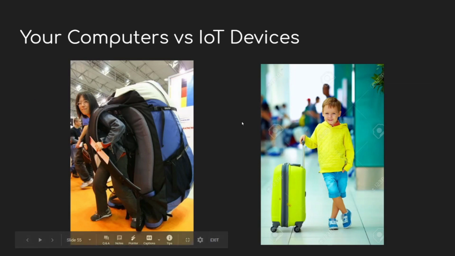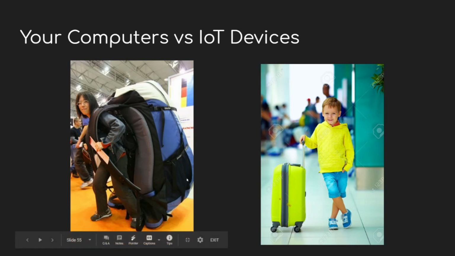To give an analogy to make you understand what is actually going on, your computer is something on the left hand side, and your IoT devices are on the right hand side. You are the computer, whereas your IoT device is something like your kid. Your IoT device, as a kid, has very small processing power and small capabilities. So the best idea is to pack your machine learning model in a small trolley suitcase, so that the kid can easily drag it and get the things done. Whereas in your case, you can have a very big computer of your own and handle the things. But this will not be useful.